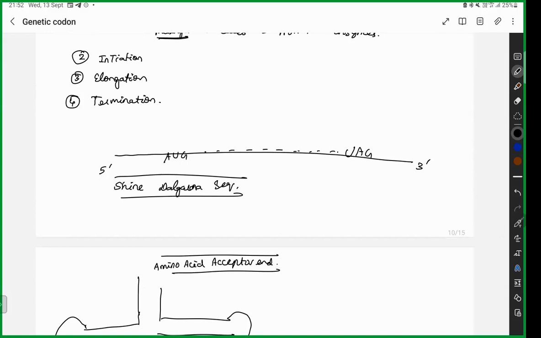But before that, you need to understand that these two are separate molecules. There has to be someone who is going to bind both your mRNA and your tRNA and start the translation. That's where ribosomal RNA comes into action. Do you know that protein synthesis occurs in the ribosome? We usually read that. Why? Because ribosomal RNA present in the ribosome is going to initiate your translation. How do they initiate? That is the next step we are going to see. That is the initiation phase.